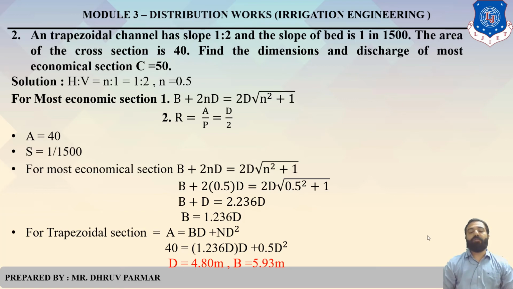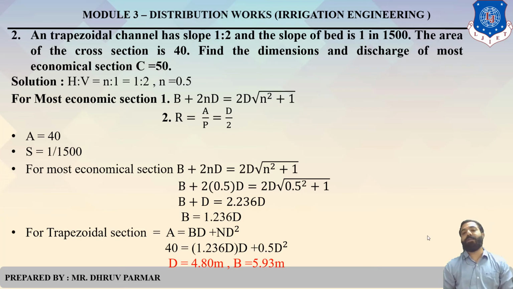So first of all, write down the data, then compare n horizontal to 1 vertical, which is already stated, with 1 horizontal to 2 vertical. Here they are not balanced, so you can divide 1 horizontal to 2 vertical by 2. So it becomes 1/2 horizontal to 1 vertical. So n equals 1/2, otherwise we can say 0.5.